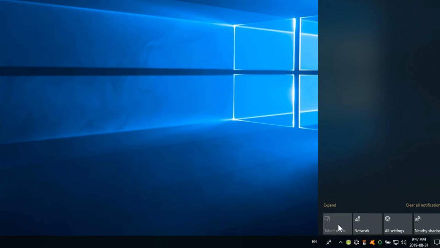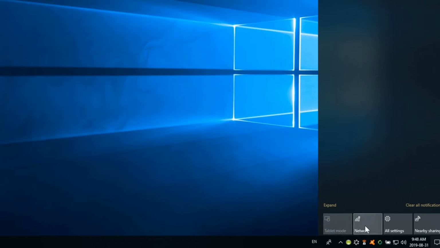And here there is tablet mode, and for me, I can't turn this on for some reason now. That used to be that I could turn it on, but I guess they know I'm not using a tablet, and there could be something else here preventing me from having it turn on now. Obviously I didn't look at that before recording this video, but I've seen people turn it on by accident, so it's a good thing I can't turn this on now, so it won't happen by accident.